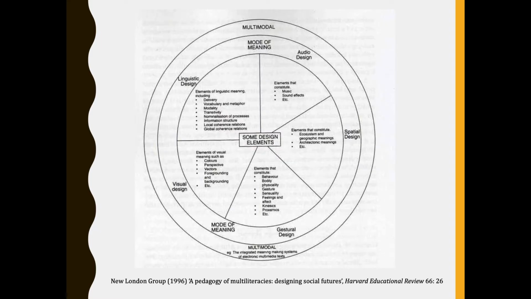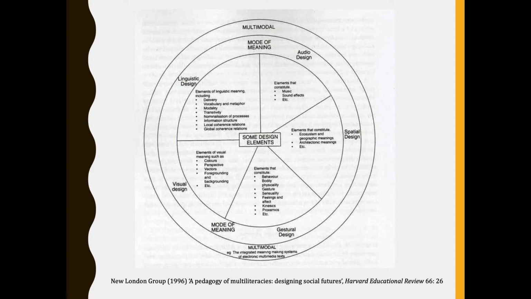So this, as you can see, is from the New London Group, and it's a pedagogy of multiliteracies. And pedagogy is essentially a theory of teaching, how you learn things. And this is how you can begin to learn multiple different literacies. So not just spoken languages, so we might go and learn French or German or Russian or Mandarin. But actually, even within each language, we have multiple different types of languages, multiple modes.